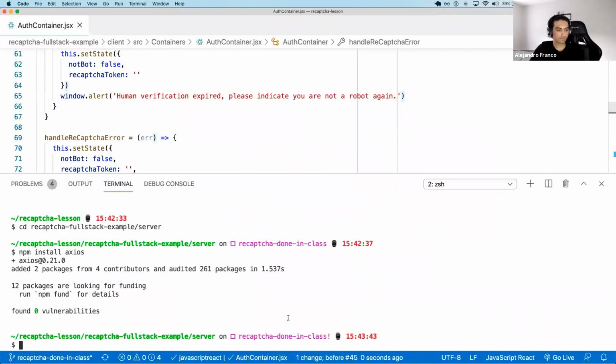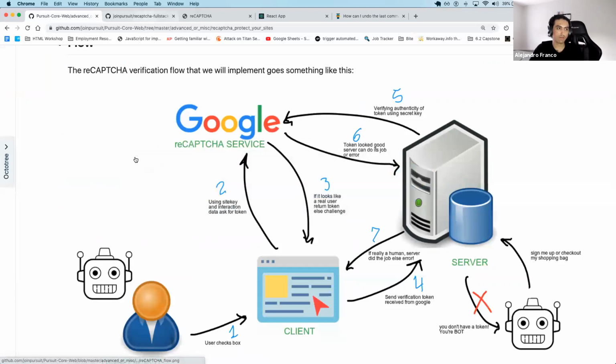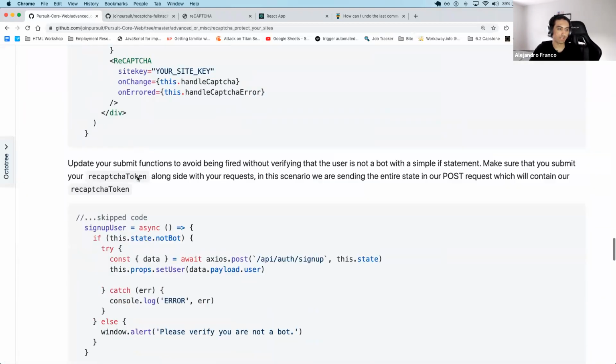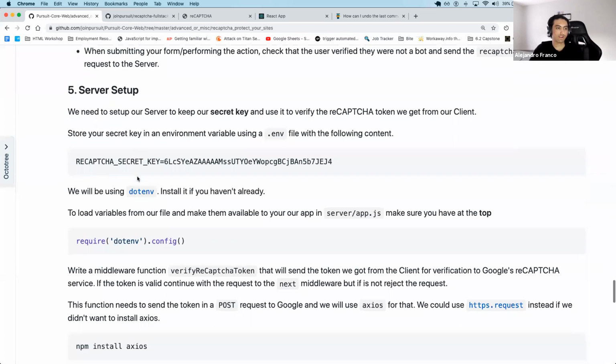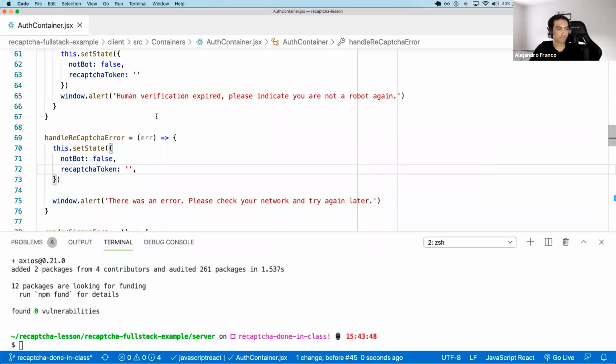So here, I install Axios. Now I'm going to go onto my backend. Actually, sorry, let me just look at the steps that I had outlined here for the backend setup. Okay, so the first thing is to have our secret key in an environment variable. I think some of you are very familiar with environment variables and with an env file that we can store them. So what I'm gonna do is I'm gonna create an env file, because I don't think I have one,